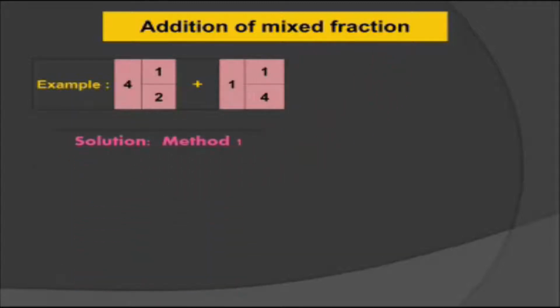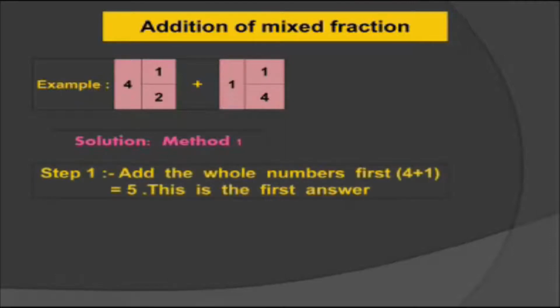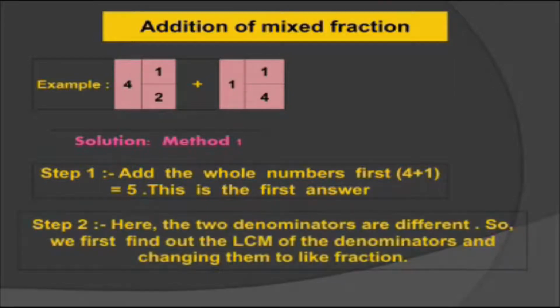According to this method, we have to add the whole parts of the mixed fractions. Here we can see that 4 and 1 are the whole numbers of the mixed fractions, so we need to add these numbers first. Here 4 plus 1 is equal to 5. We can consider this 5 as the first answer, right? In the next step we can see that